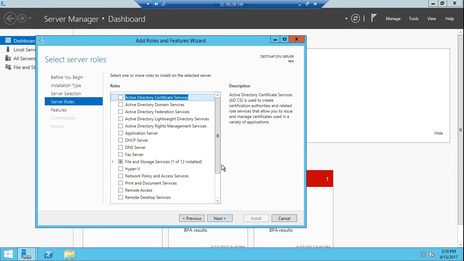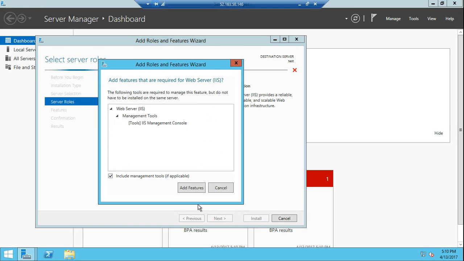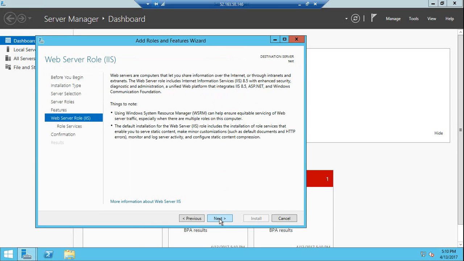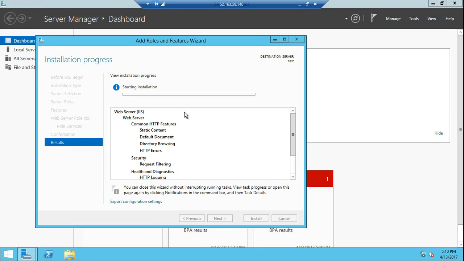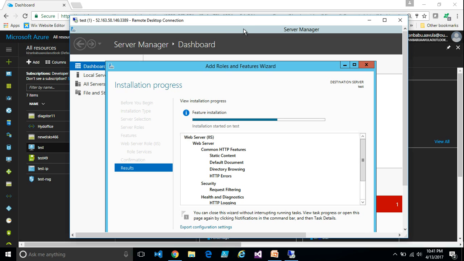So what we're going to do with it is enable IIS so that we can use this as a web server. Okay, so I go to tools and I enable IIS. Okay, so IIS is being installed now, and another important thing that we need to do is